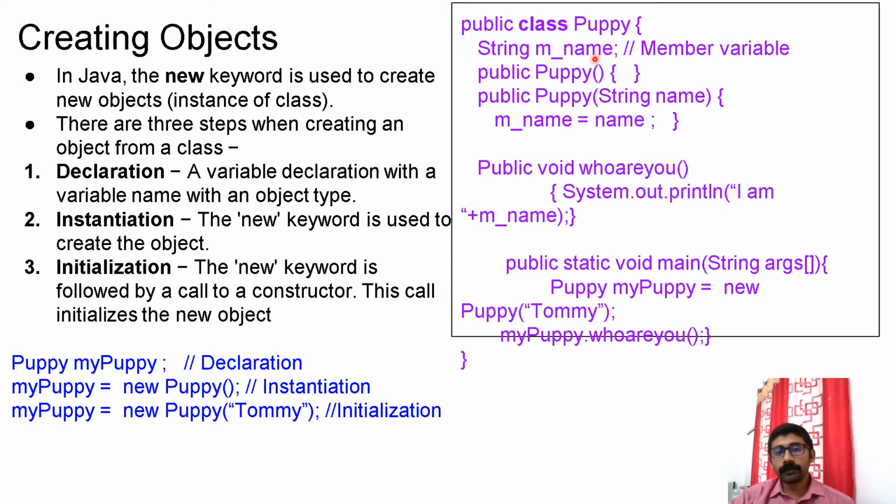Let us consider the example of a class Puppy. This is the class name. This is having one member variable. It is a non-static thing, that means it is part of the object. Then there are two special methods whose name is the same as your class name. The first one is not receiving any argument. The second one is receiving a string argument, so it is storing this received string to this instance variable. So we have these two methods. These are nothing but the constructors. These are used to initialize your newly created object.